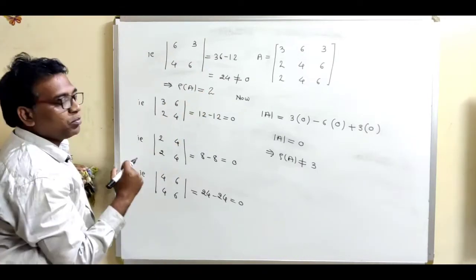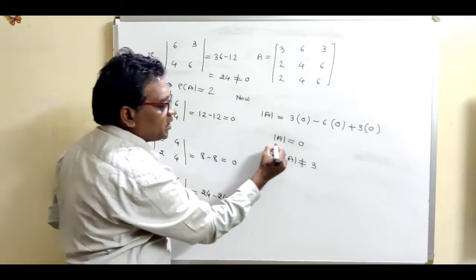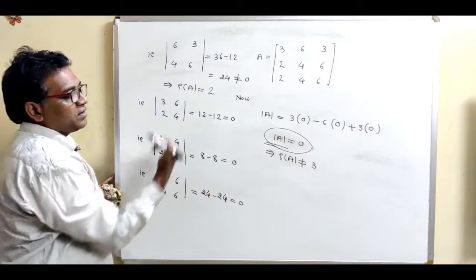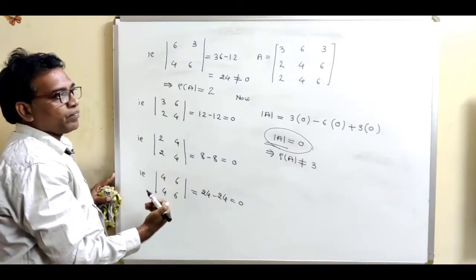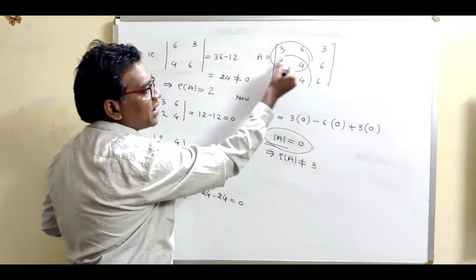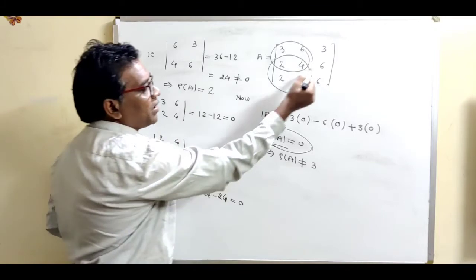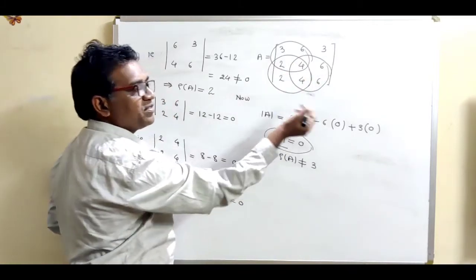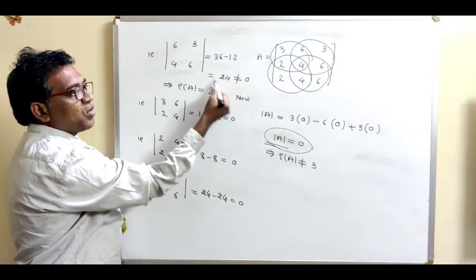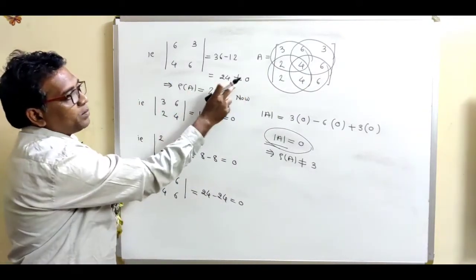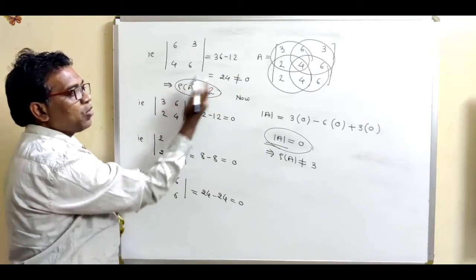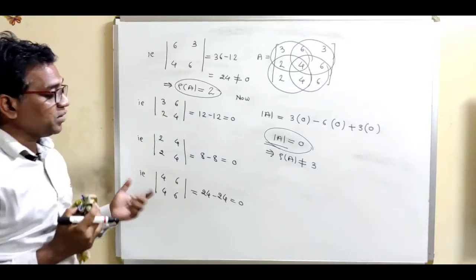So see how to get the rank of the matrix. If the determinant of order 3 by 3 is equal to 0, then try for all the determinants which are of order 2. We found the first determinant which is 0, the second determinant which is again 0, the third determinant of order 2, which is again 0, and the fourth determinant, but this is a non-zero determinant. So the determinant of order 2 by 2 does not vanish, so this means that rank of the matrix is equal to 2.